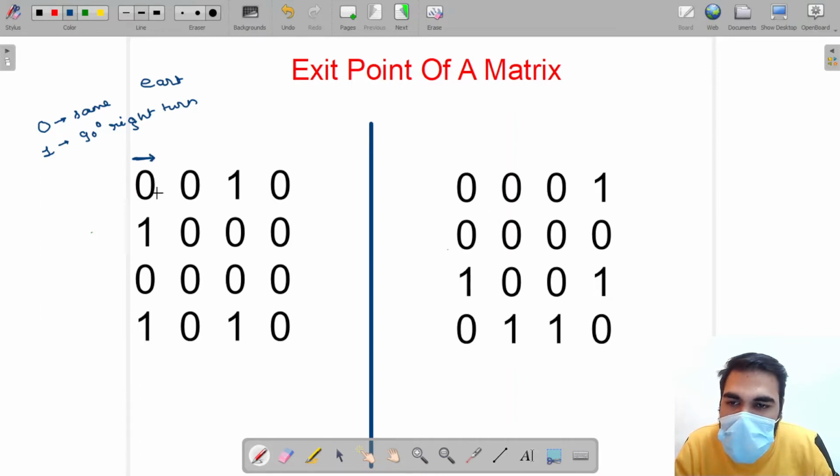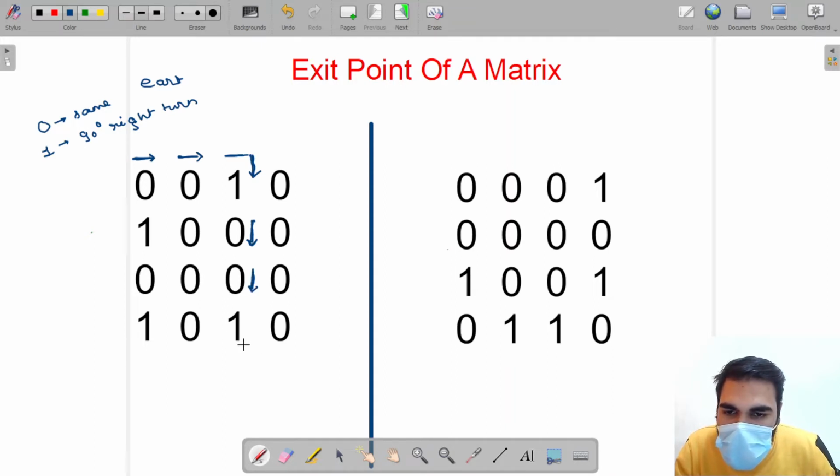Here you encounter 0, so you move in the same direction. Again you encounter 1, so you take a 90-degree right turn. Now you move down this column. 0, again same direction.